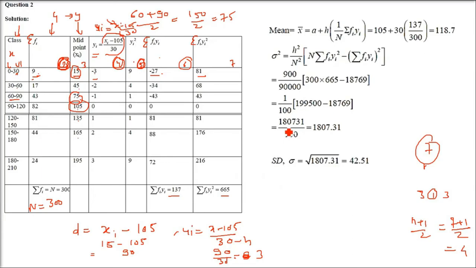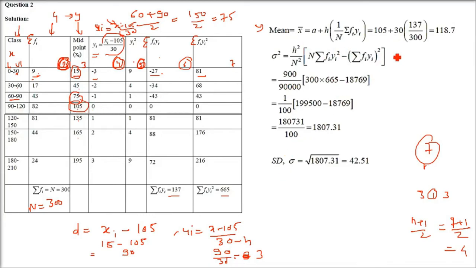So the question is not asking for the mean, but still we will find it out. So what is the mean, which is x bar? We have a proper formula for that, and all the elements which are required, we know it. We have already found it using the table. Mode is the highest frequency value, that is the modal class you will get. It will not come as mode, but modal class.